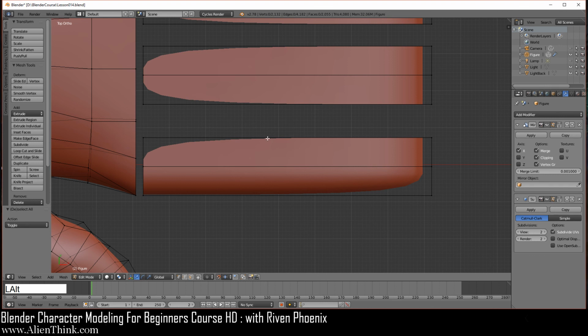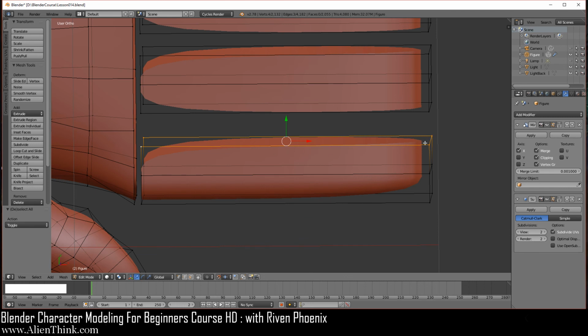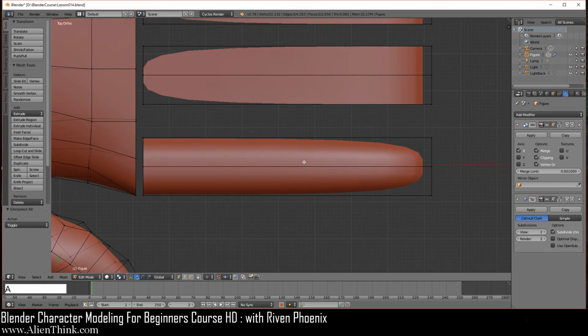So just do Alt and only right click this one time. So if I do the middle mouse button to show you, it'll just do it like this. So if I press F, it'll just create a face over here. Now press the 7 key to go into your top view, ADD select. Just do Alt and click on this.